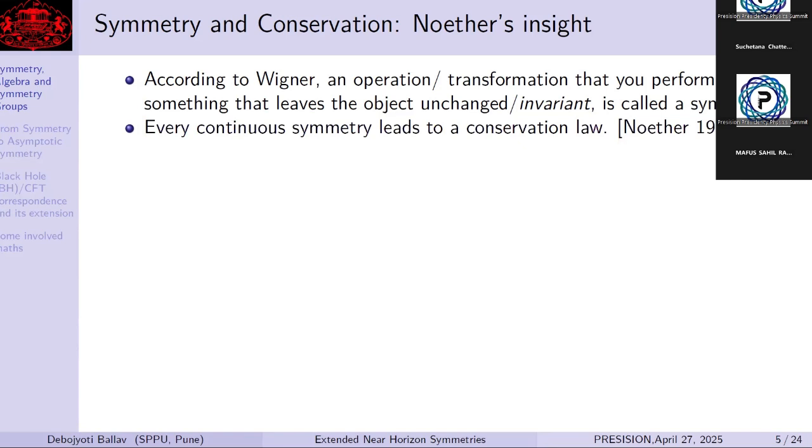And Noether had a very great insight, that if you have a continuous symmetry, that leads to a conservation law. In her 1918 paper, Noether gave us this great insight. These symmetries and conservation laws are intricately connected, and they are associated mostly with continuous symmetries, like translation in space. If we have a translation symmetry in space, linear momentum is conserved. Similarly, for rotational symmetry, we have angular momentum conservation, and for translation in time, energy conservation.